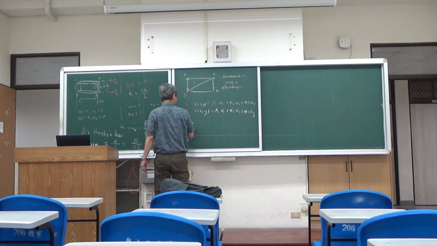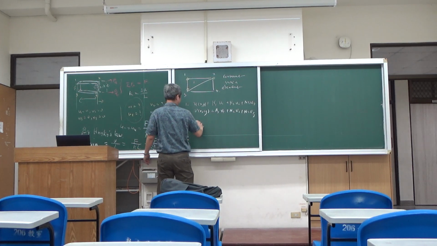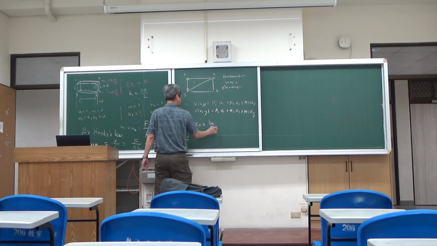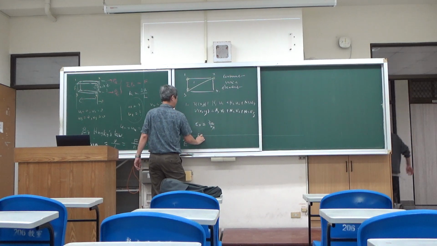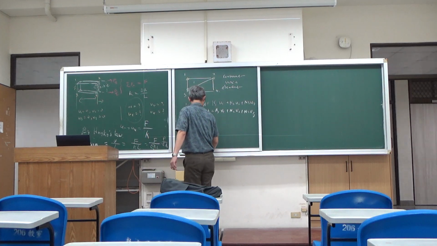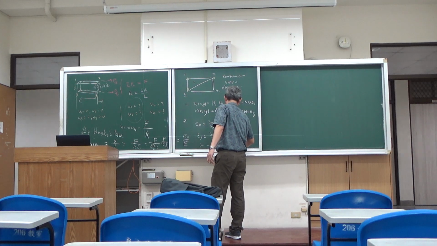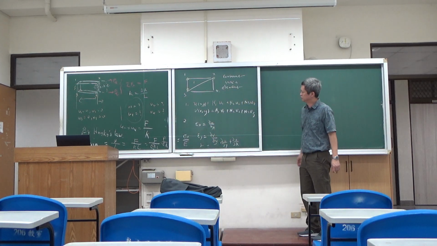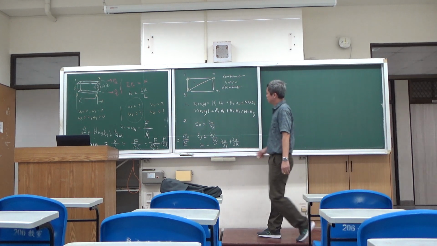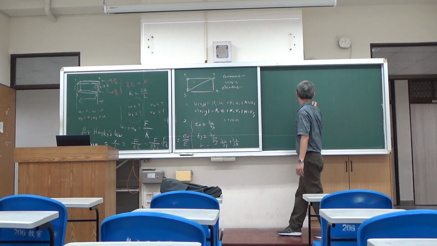The strain is del U del X. Let's write: epsilon X is equal to del U del X. Epsilon Y is del V del Y. And then gamma is del U del Y plus del V del X. So agree? This is still the strain. Remember your